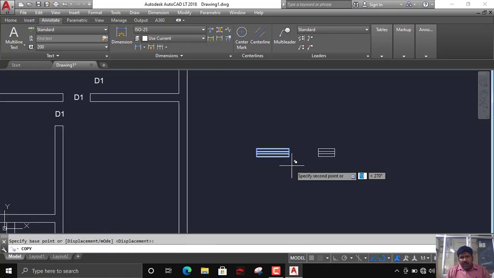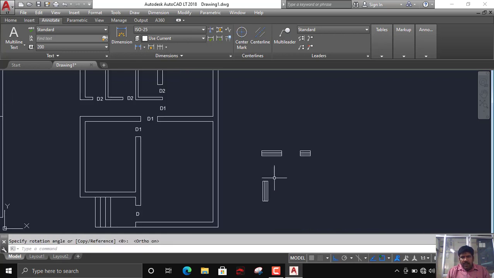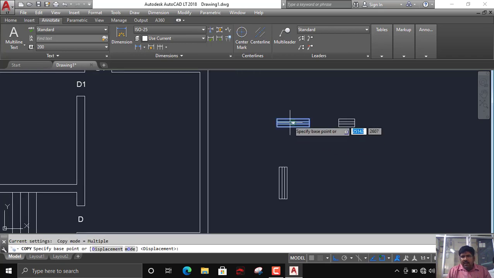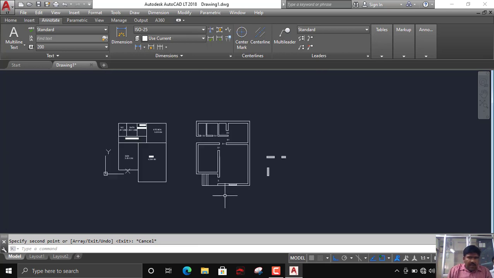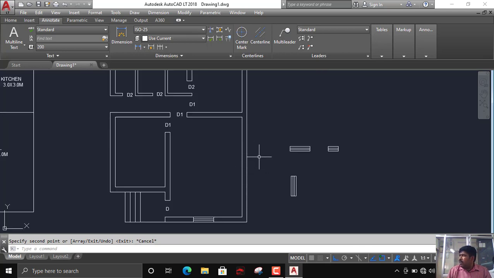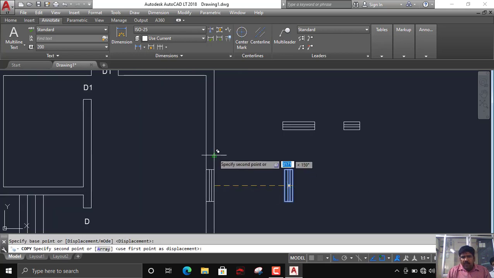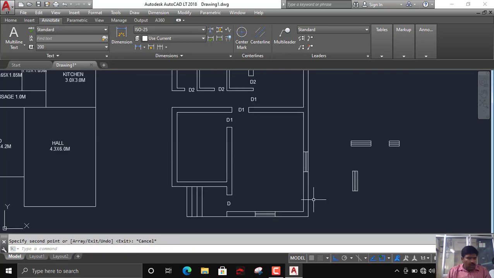I will just copy this. I will keep, rotate. These windows I need to place here. Where I am going to place? Exactly, I need to place at the center of this room, right? So I will select this. I will select this as a midpoint. I will select here somewhere, place it. One window, right? Second is I want to place midpoint of this, right? Just copy this, select here midpoint, select where your midpoint is, place it over two window, right?